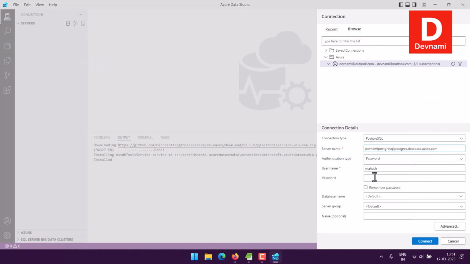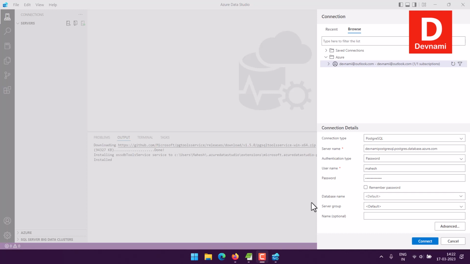Now comes the password part. Add the password, and then next would be to simply click on connect. Once you have filled out the details, you are good to go with connecting your PostgreSQL instance to